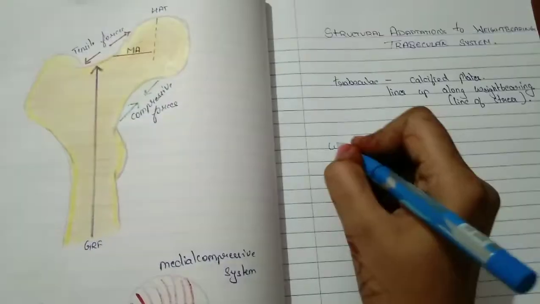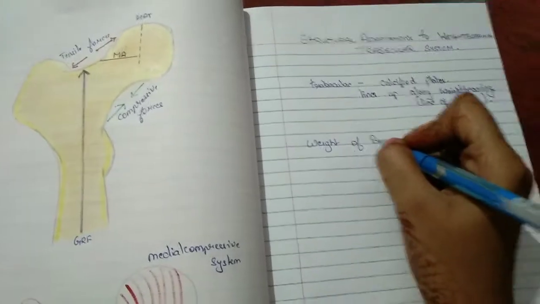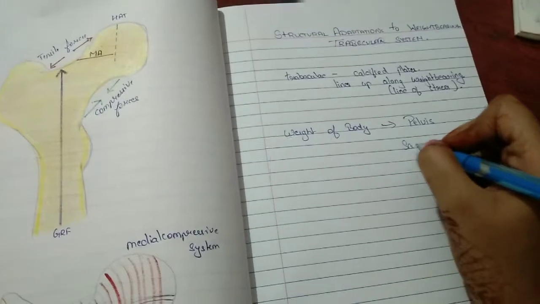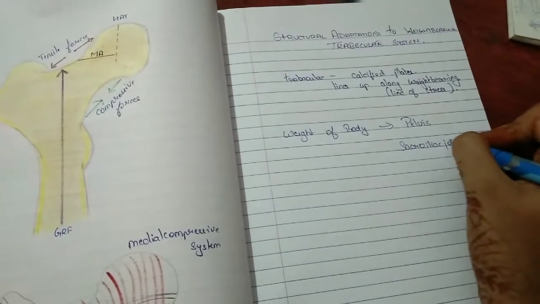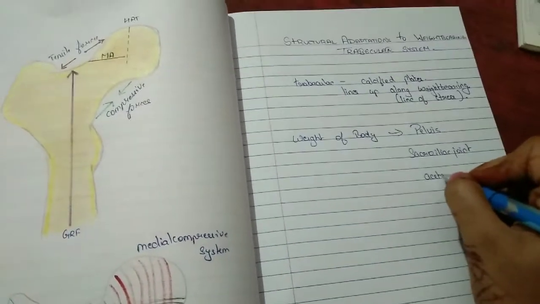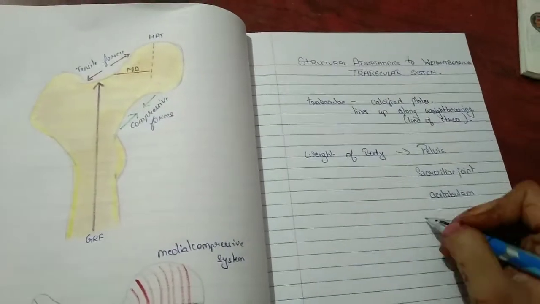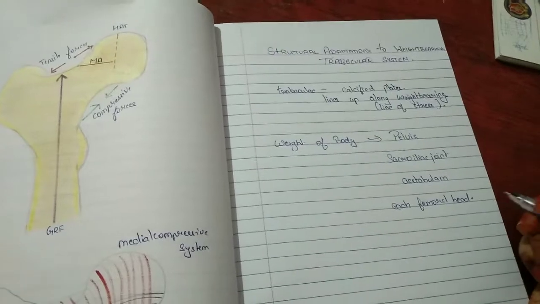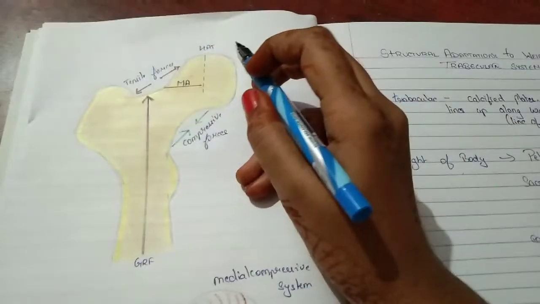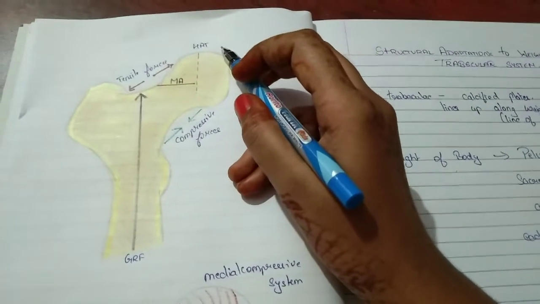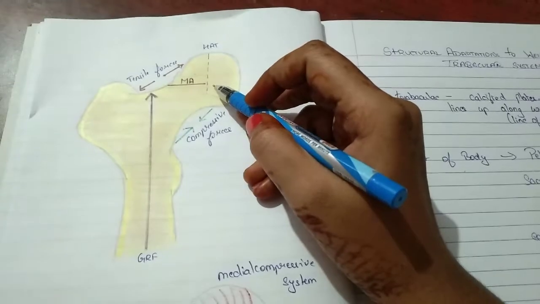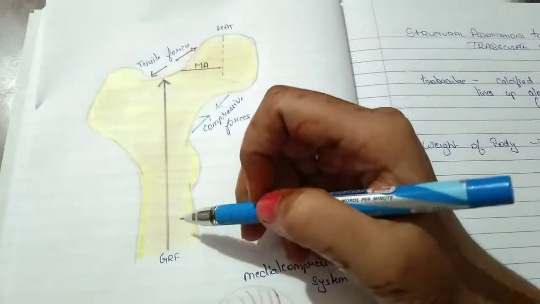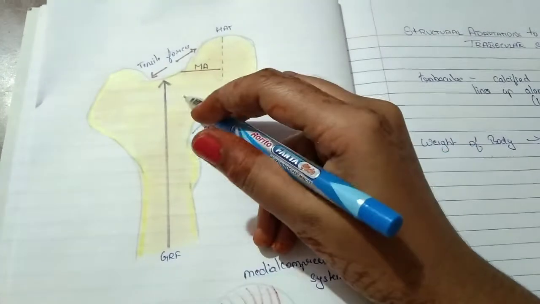The weight of the body, that is the weight of the head, arm and trunk, is passed through the pelvis to the legs. The weight through the pelvis is transferred to the sacroiliac joint, and from the sacroiliac joint it passes to the acetabulum, and it then transfers to each femoral head. So the weight of the head, arm and trunk is superimposed on the femoral head. So the stress is acting on the femoral head. And there is also a ground reaction force that is exerted by the ground on the femoral head.